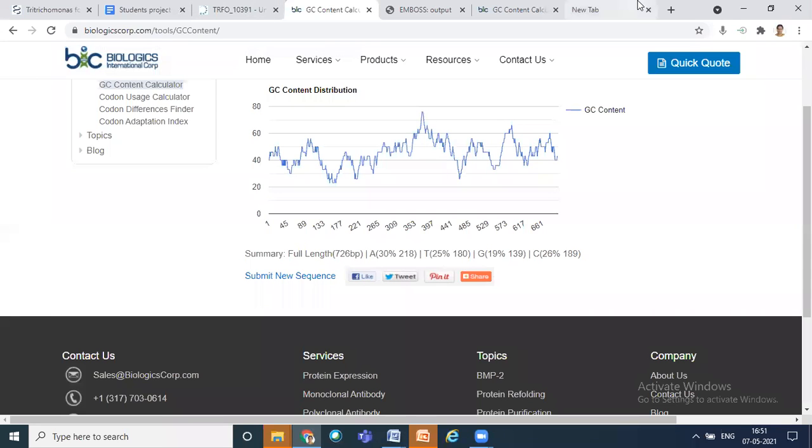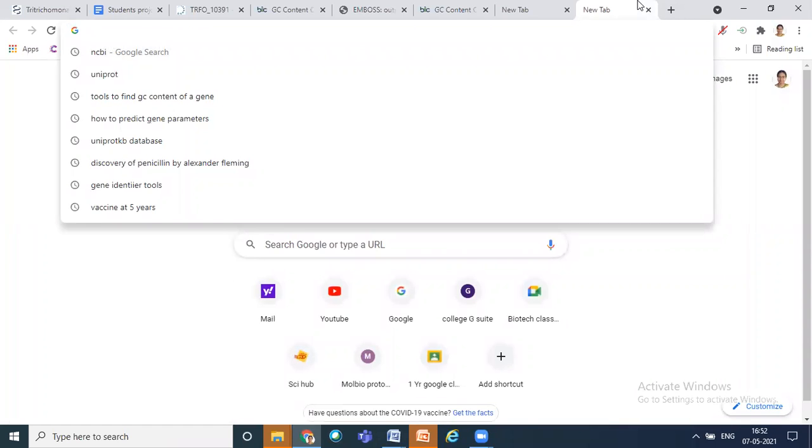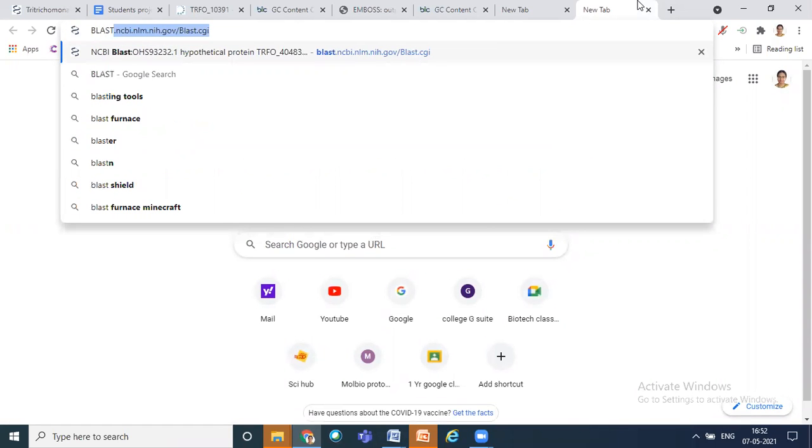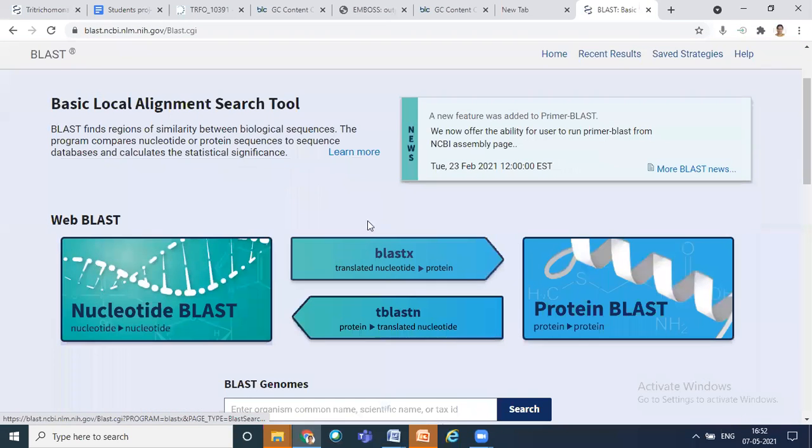Then what I was asking you to do was a BLAST, right? Again, with the help of genome sequences or gene sequences. Previously you had a protein in your hand, and with the help of the protein you tried to search what proteins were present in the database, and you tried to match with the available proteins, and you could get some closely related proteins.